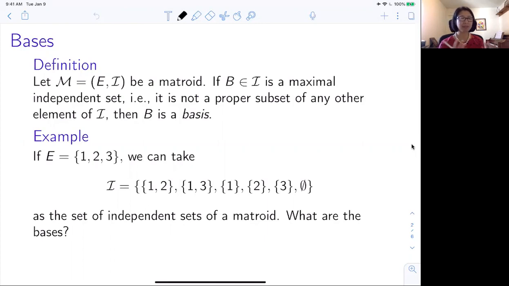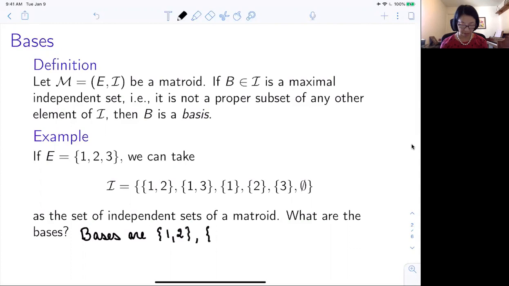Okay. So for example, suppose we have our ground set, the set {1, 2, 3}, and our set of independent sets is given here. So {1, 2}, {1, 3}, and then the singleton sets {1}, {2}, and {3}, and the empty set. So these are the independent sets of a matroid. What are the bases? Well, the maximal ones, right? So the bases are the two sets {1, 2}